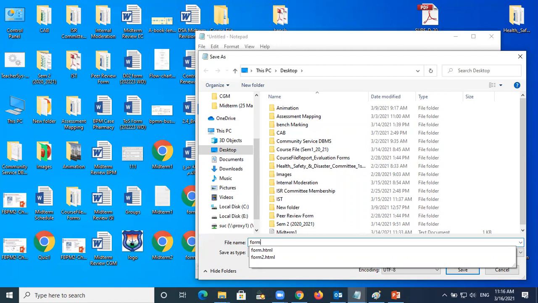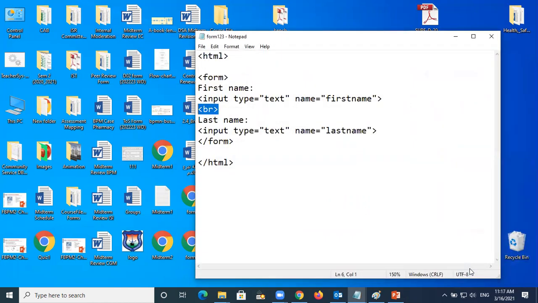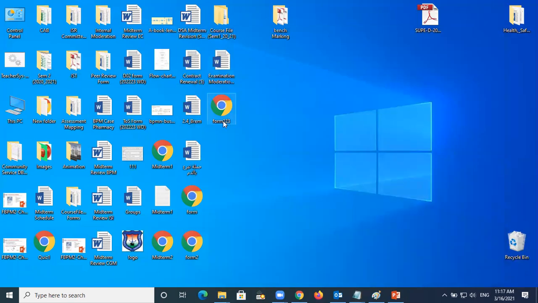I will just put form exercise or whatever because I already have a form there. So maybe I will just put form123.html. Before I teach, I have to practice first. So form123, I save it on the desktop now. Save. So when I go here, form123, I already have it here.